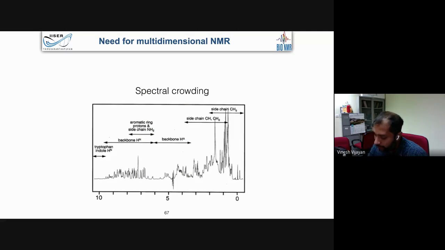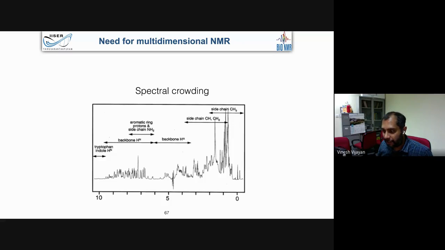Okay, when we do NMR, if you have biological proteins and all, the number of signals is very large. It's very difficult to understand, measure couplings, and figure out chemical shifts and everything. So we have to do multi-dimensional NMR to separate these signals into multiple dimensions, so that we will be able to resolve them and find the chemical shift. Because what we see in the organic part itself, if you understand the chemical shift, you should be able to figure out where in the molecule